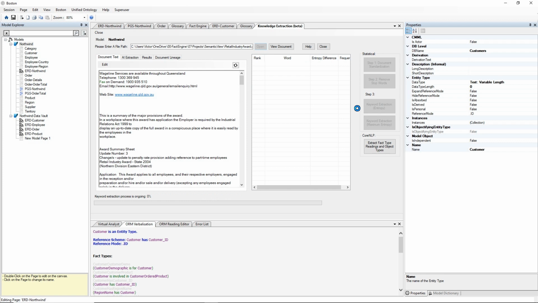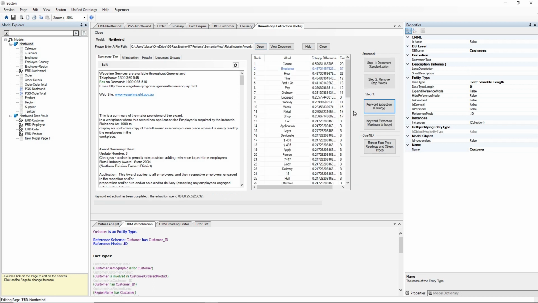words that might point to either entities or value types which form the columns or properties or attributes of entities in the entity relationship diagram view or the property graph schema view. We can see employee is highlighted blue already because employee is already in the database, and we have a rank, an entry difference, and the frequency that it's been used in this document. And we can go through those keywords and